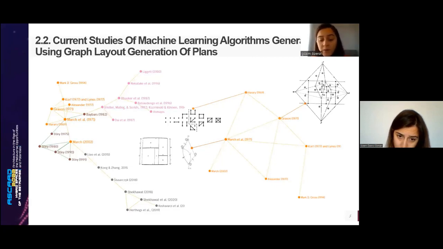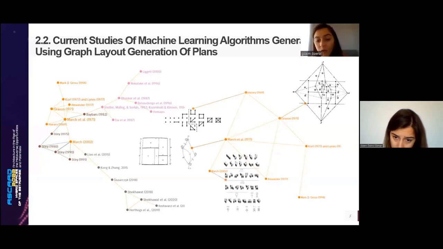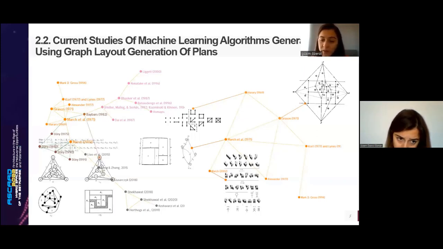But another important point was the distance between the rooms, because according to the distance of the rooms, the edges could be defined. Another study also belongs to March in 2002. He also tried to use graph layout generation by using a 3D generation methodology. But for us, we examined another study which was